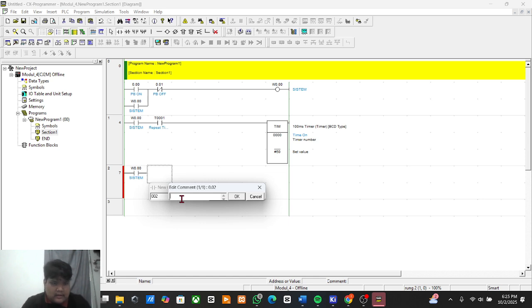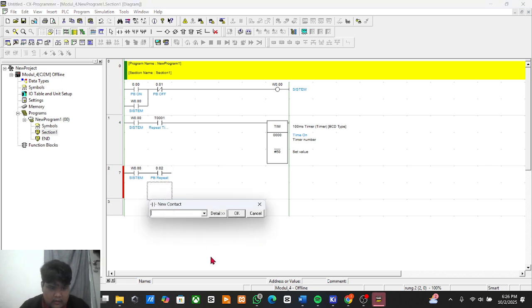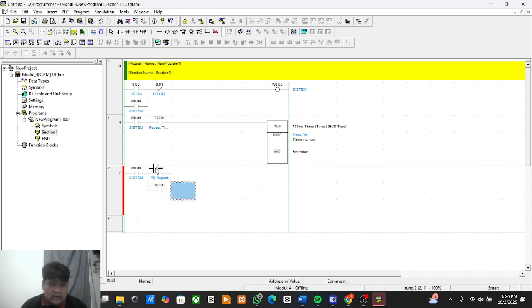The address is 0.02, and this is for repeat. Under the repeat push button, we add some horizontal and vertical lines.